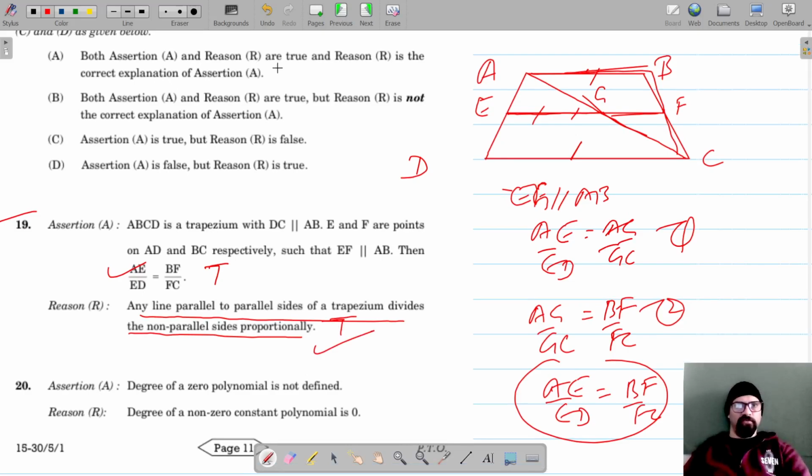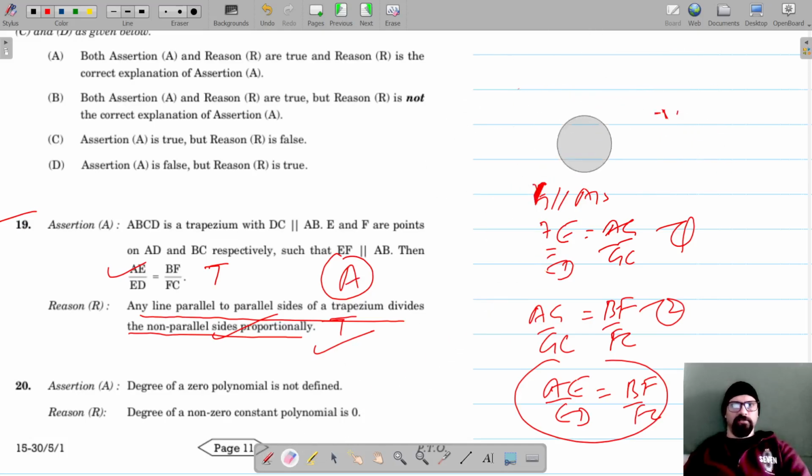That means both assertion and reason are true, and reason R is the correct explanation of assertion A. So our option is A for this. Okay, moving on to